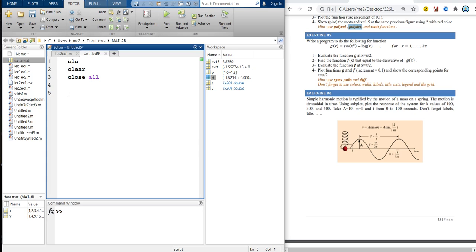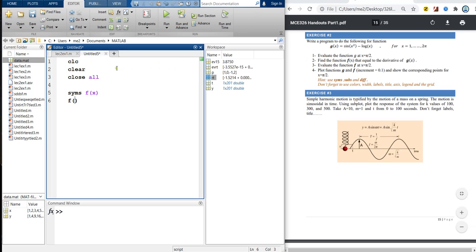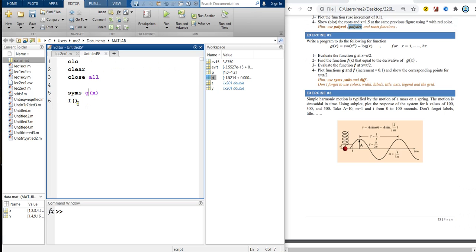Here we don't have a polynomial function, so we will use syms and define the function f of x, or g of x, sorry, because as written in the question, it's g of x equal to